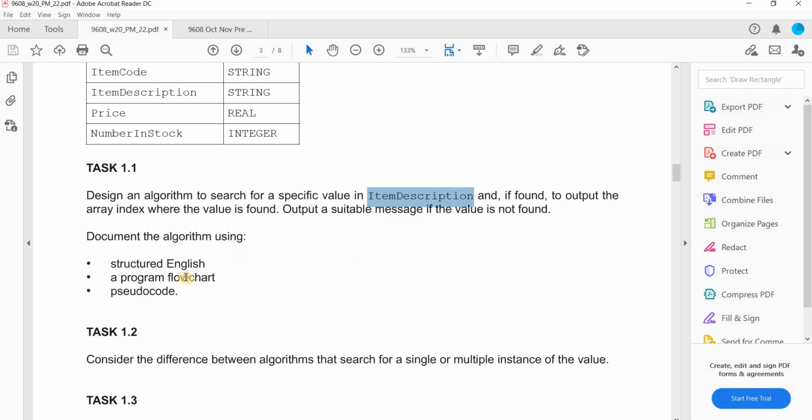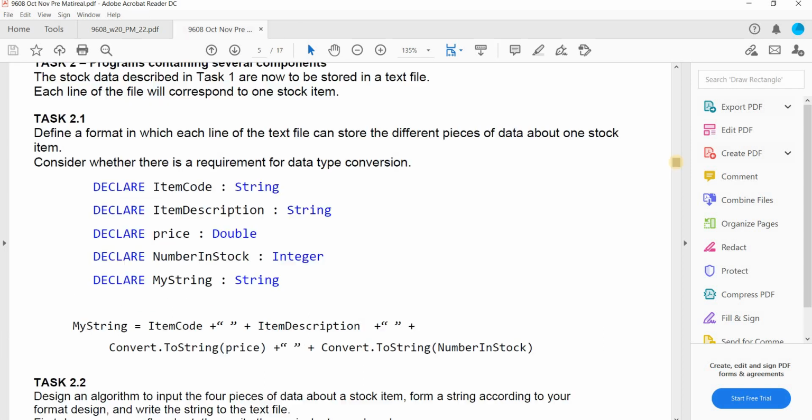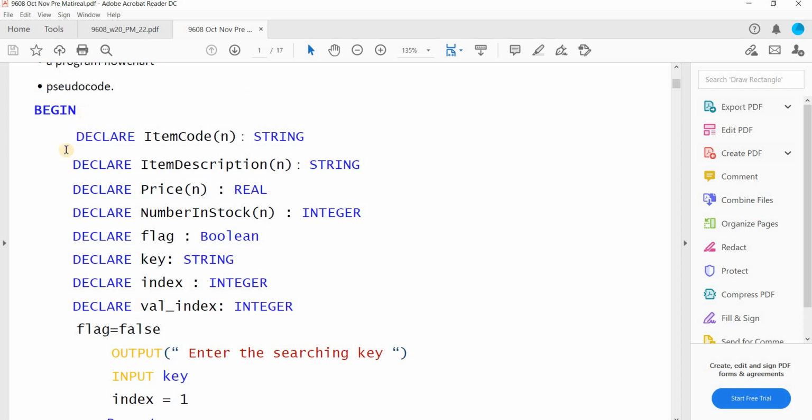Okay. And for that purpose, what will you write? You can write one of them: a structured English, a program flowchart, or pseudocode. I have written pseudocode. This is my pseudocode. Start with the word begin. Declare item code, item price. These are the 4 arrays as mentioned in the task.